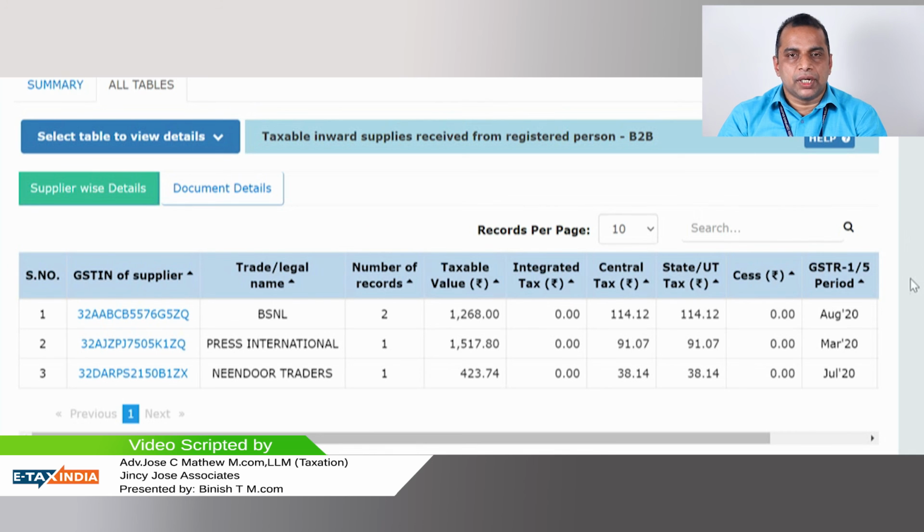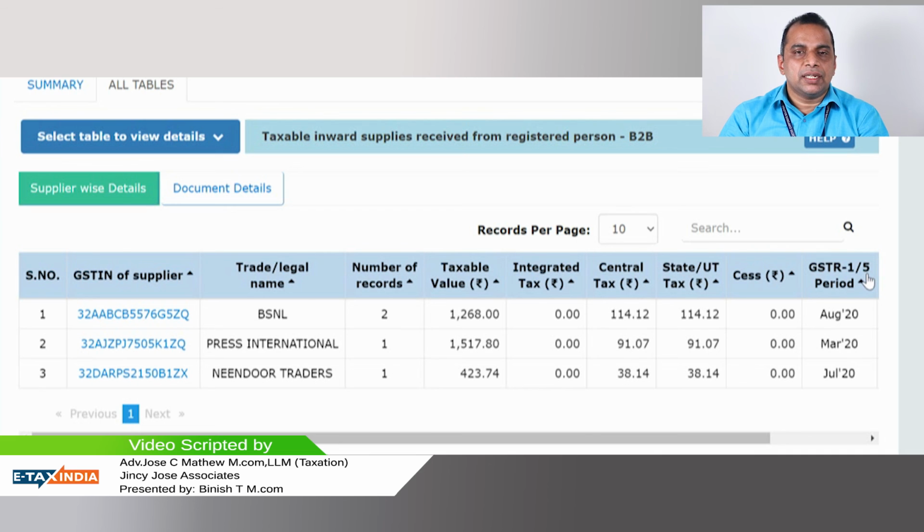We have the report, but in future, as I mentioned earlier, they are definitely going to link this particular GSTR 2B with GSTR 3B, and the data in GSTR 2B will be auto-populated in GSTR 3B. So you don't have to type the eligible ITC manually while filing your GSTR 3B.